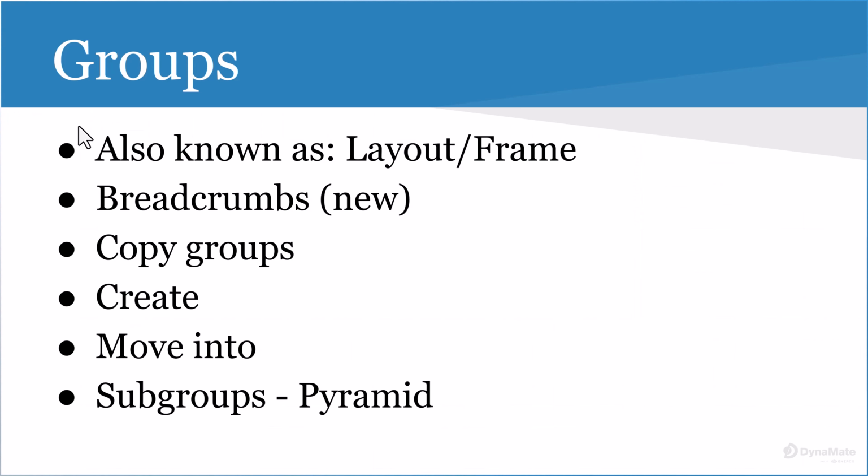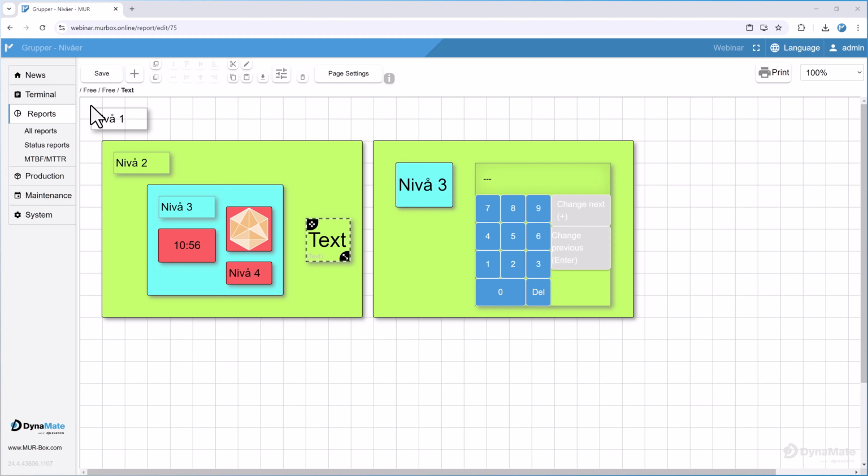And to help to understand what's happening, we have created a new feature called breadcrumbs. And it's the one you see on the top here. It's a file path to the tree structure that all these groups are located in. So if I select the first text here, it's located inside the free group, which is the parent group like this. And you can already, with today's version, if you click once, you select the item. If you click one more time on the same place, you select its parent, and then once more its parents,